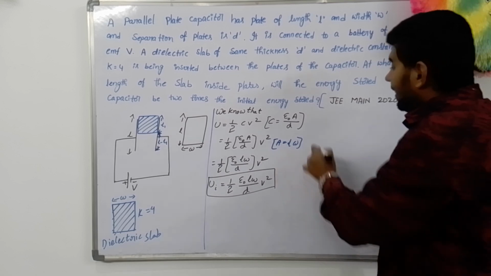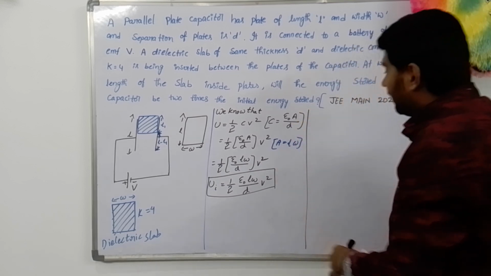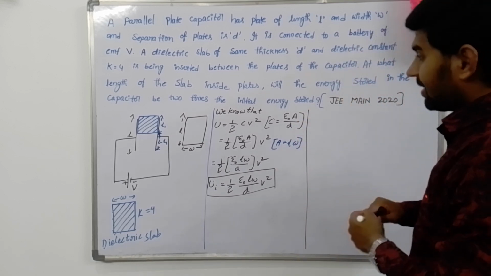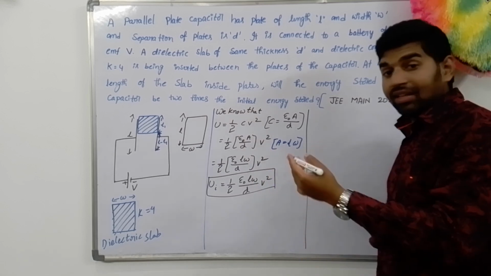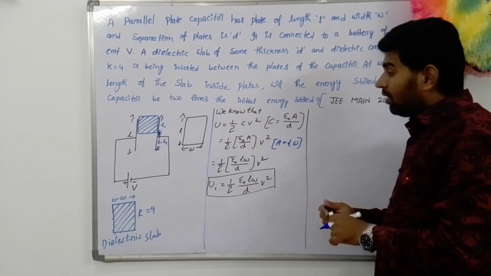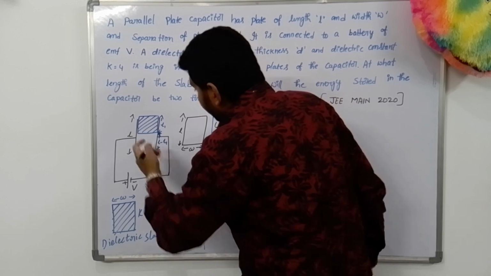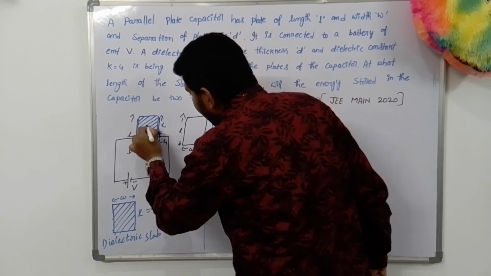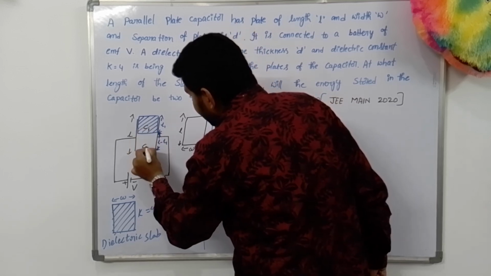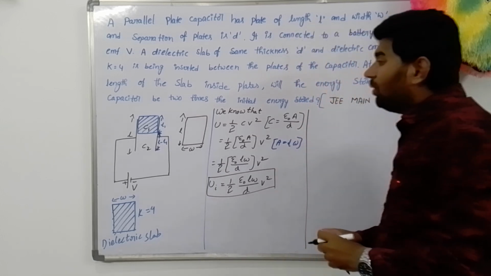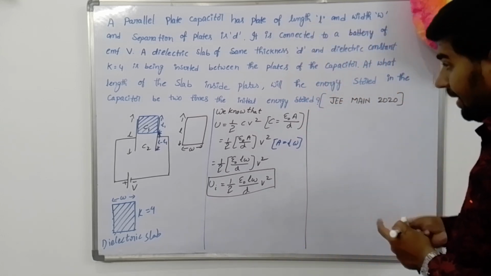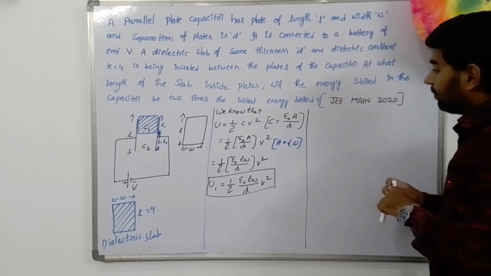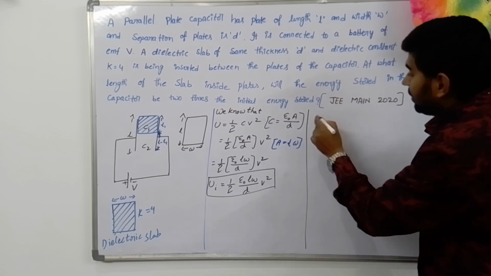Now, after placing the dielectric slab, what is the energy stored in the capacitor? While I am placing the dielectric slab, here I can assume this is the capacitance C1 and C2, both are parallel to each other. After placing the dielectric slab, the capacitance will be C is equal to